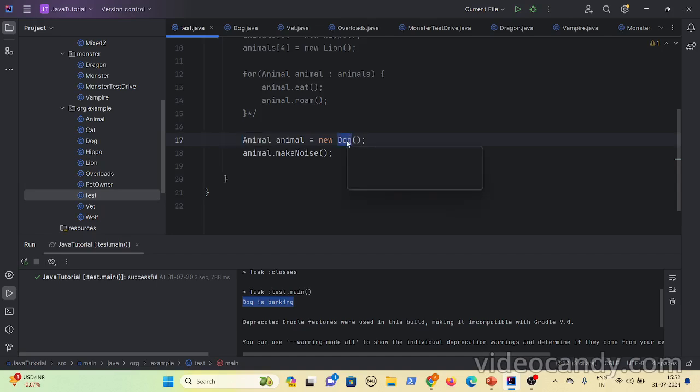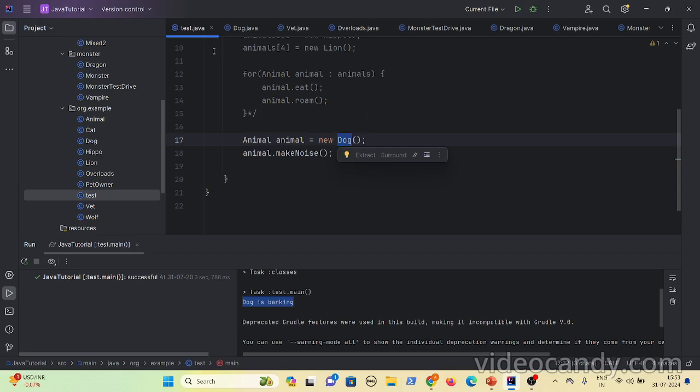So what happened is, when your reference variable type is different from the object type, it will create buttons only for the methods that are present in the animal. When you invoke a button, first it will go to the object. The reference variable is used only to create the buttons, but whenever you press the buttons, for the actual implementation it goes to the object and searches for that method implementation in the actual object, not in the reference variable. If it is not present, then it searches in its super class.